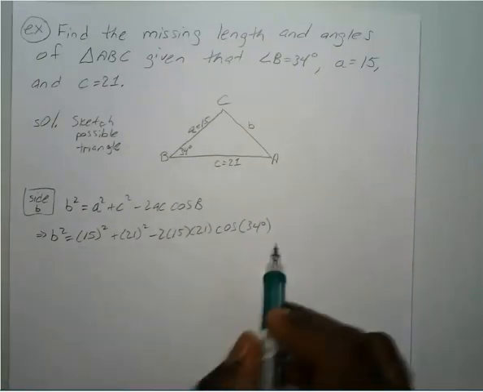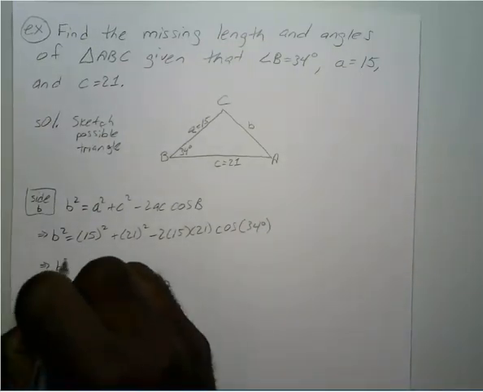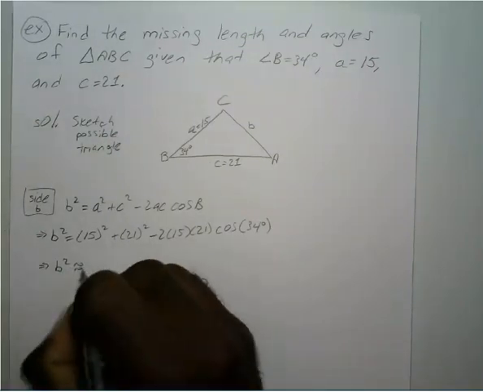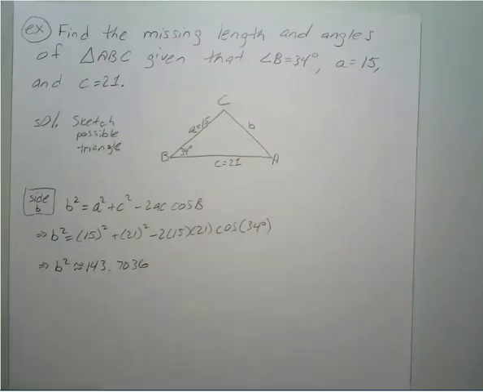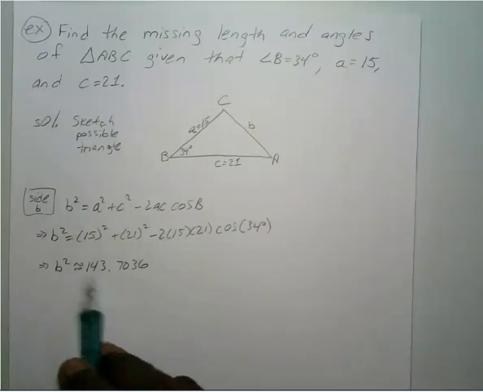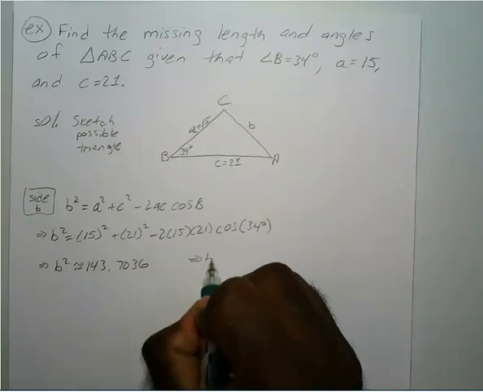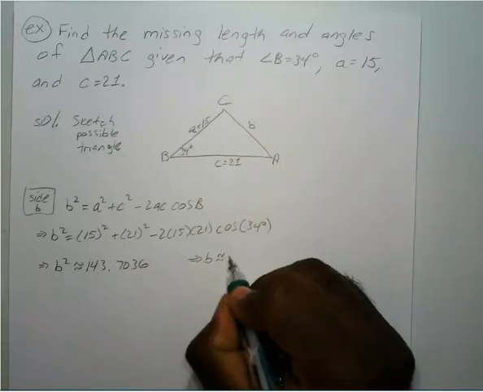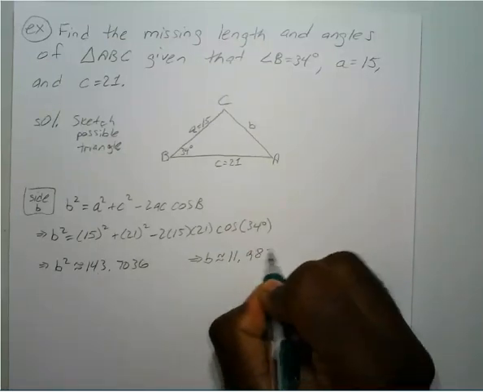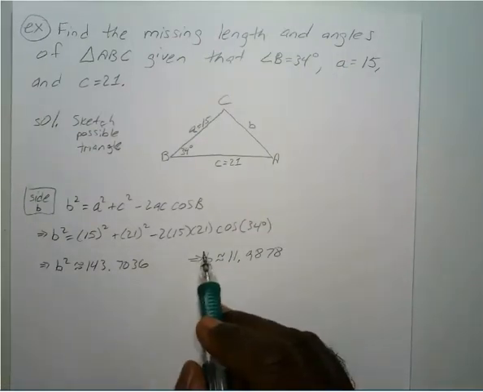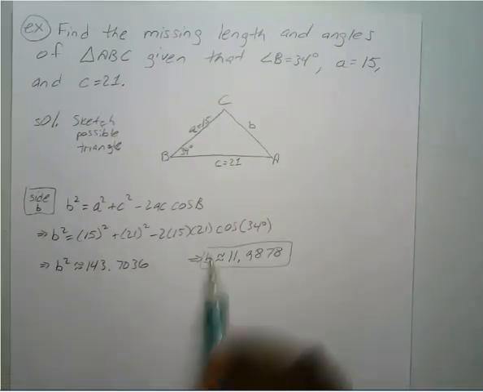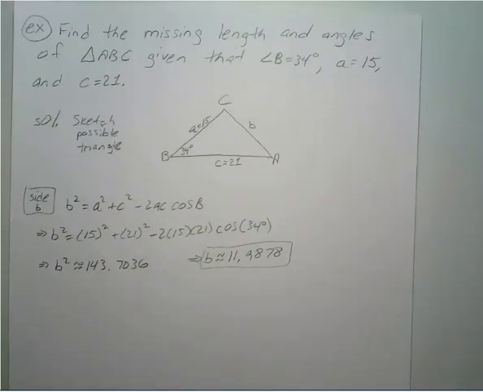Okay, so we plug all that into our calculator. We get B squared is approximately equal to 143.7036. So if we square root both sides, that means B is approximately equal to 11.9878. Okay, so we solved for side B. Now that we have side B,